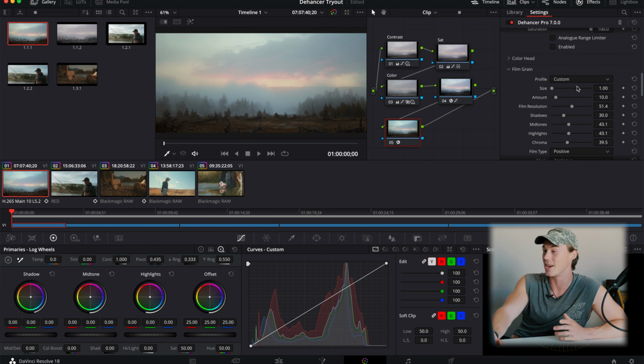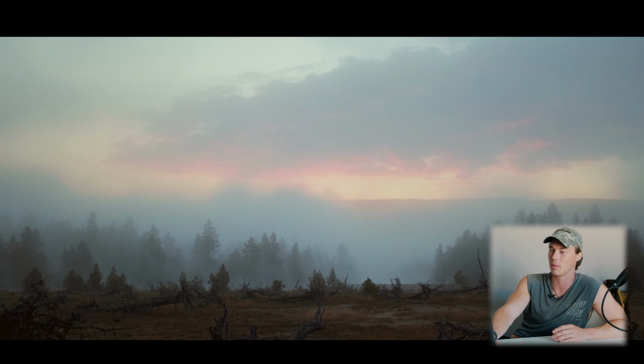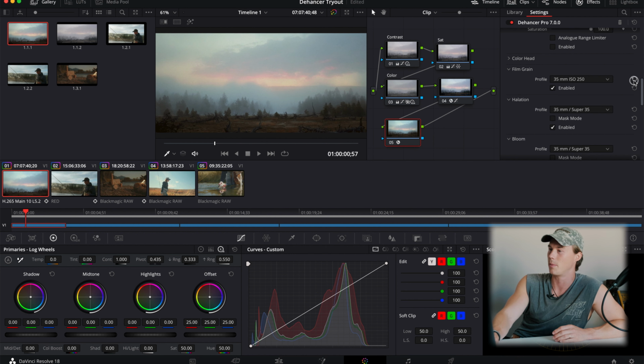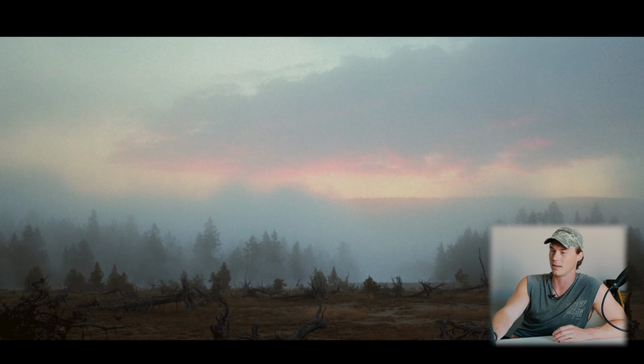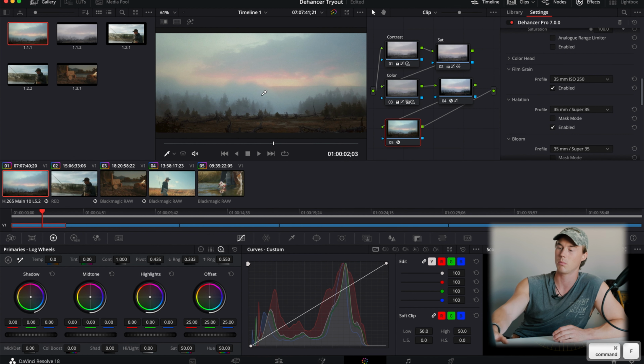So that's something I really, really liked, and I definitely decreased the size and the amount here by a lot, because I feel it comes out pretty strong if you just leave it at default. Let's check it out just to give you an example. If I reset all of that, you can see just how tremendous the grain is. It's a lot. I actually like it, don't get me wrong, but for the kind of work that I do,